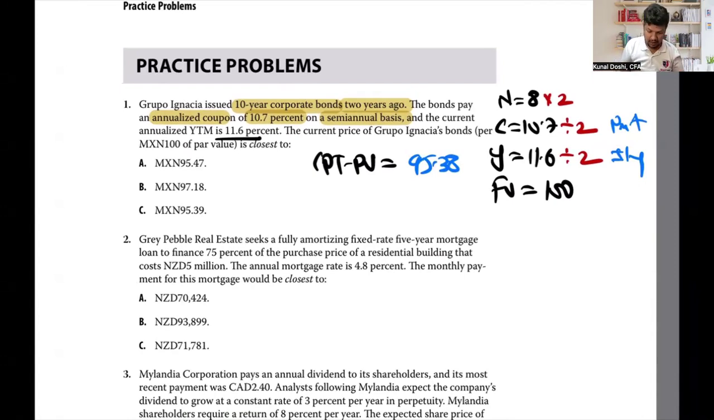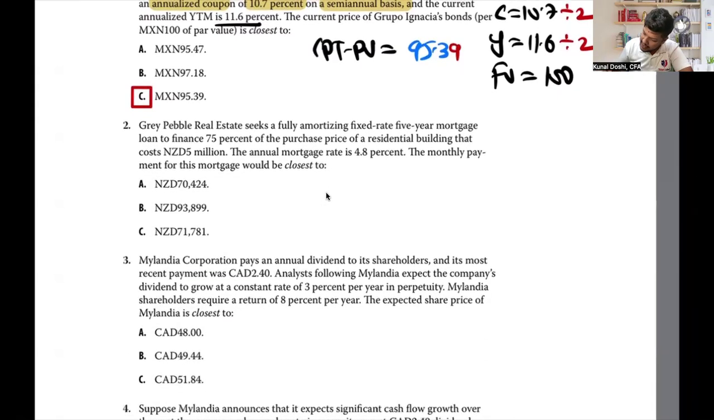16 is my N. 10.7 divided by 2 is my PMT. 11.6 divided by 2 is your I by Y, 100 is your FV, compute PV. I get 95.39. So 95.38 or 39. Is everyone getting this answer? Everyone? Yes, the answer is then C. Clear? This is about bonds. Got it? Anyone, any questions in this? No? Okay. Next,